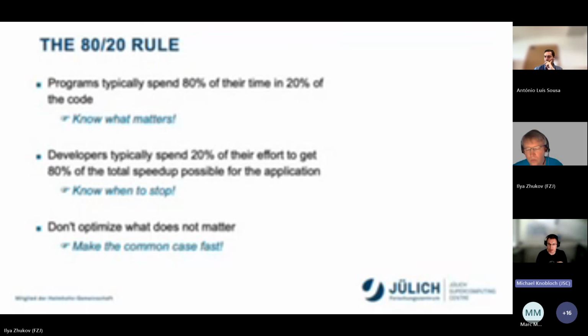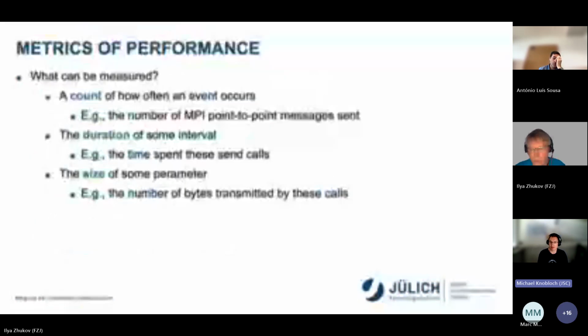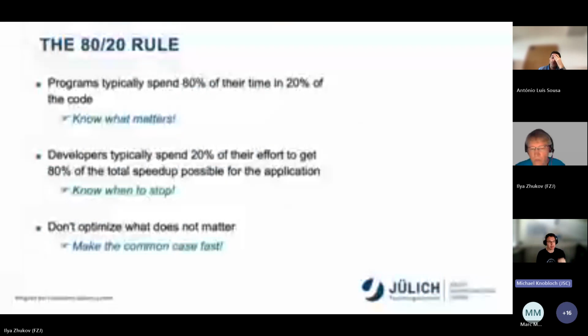So if your code can take different code paths depending on the input set, focus your performance analysis and tuning on those parts that are actually exercised by your large production runs. Right? If you use a small test case for performance analysis that takes a different code path than your production run using a larger input set, you tuned the wrong thing. Your small run might be faster than before, but your production run still takes the same time because you didn't tune what actually matters. So be aware that you focus your tuning on what's important.